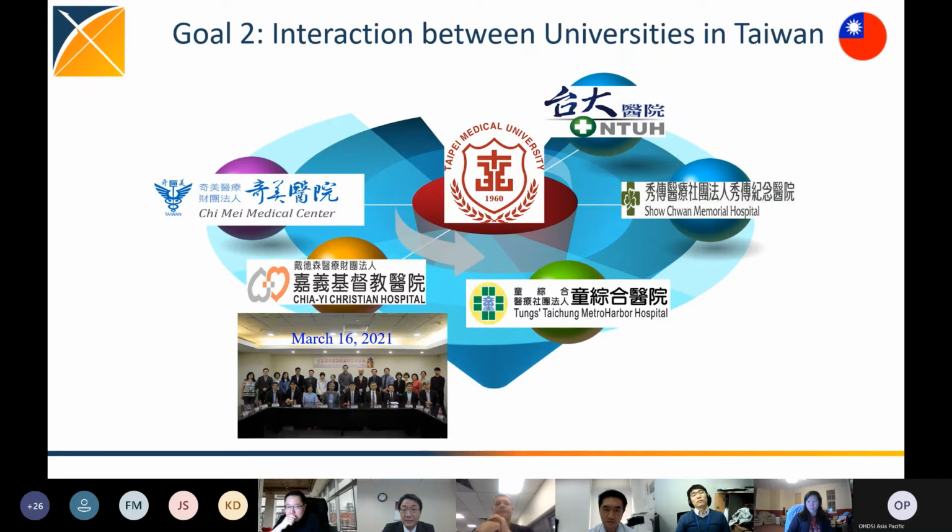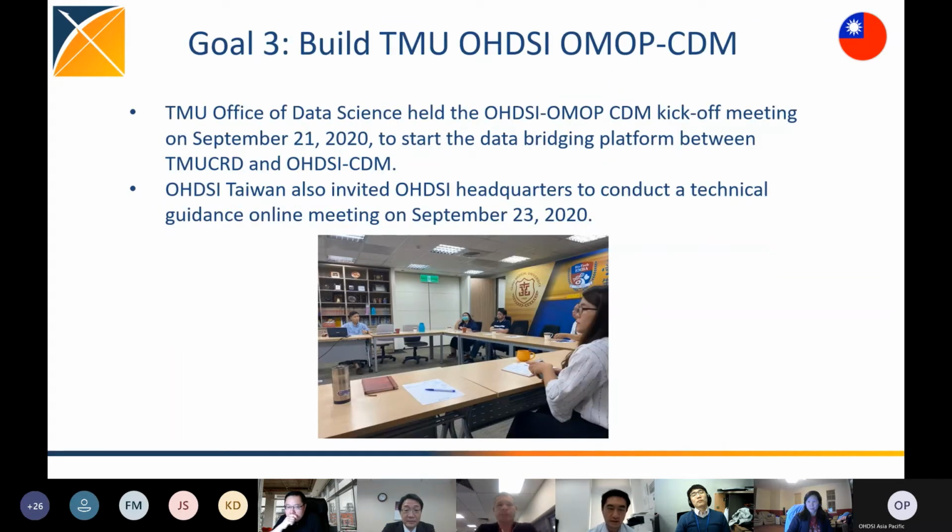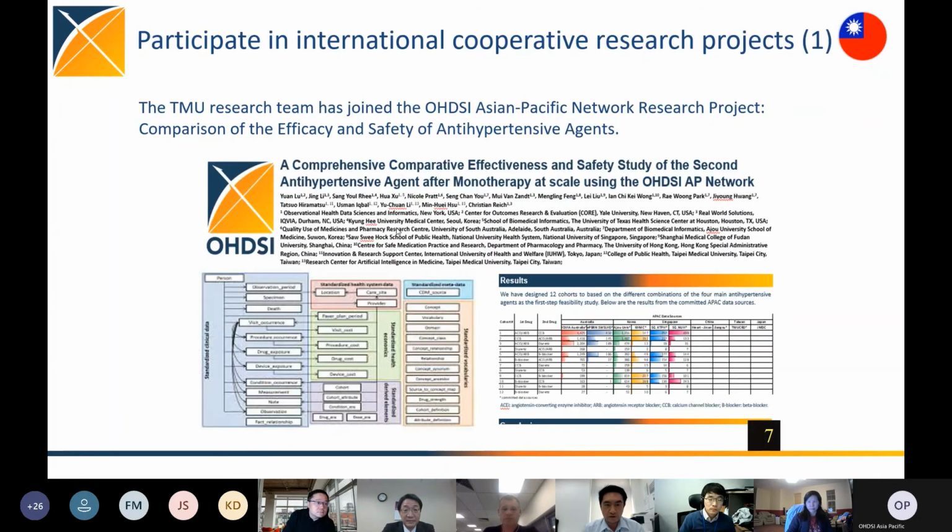Next page. Yes, goal number 3 is to build the TMU Odyssey OMOP common data model. Actually, we have done that, and we started to try to conduct international collaborations and research, and the next page will be the first one. We have already joined a hypertension study, and also, next page,